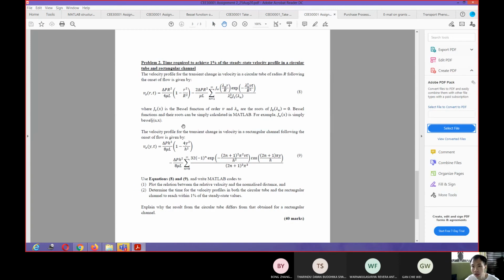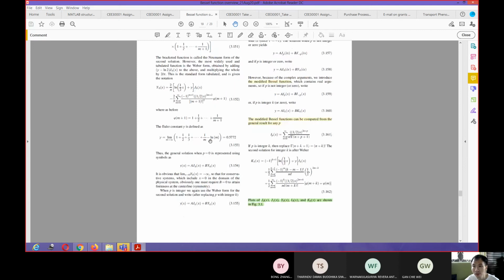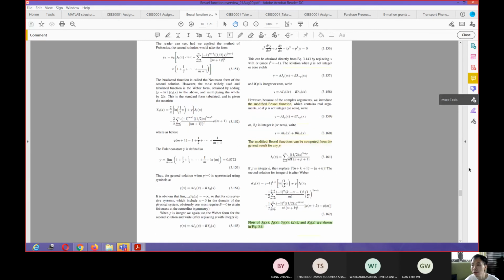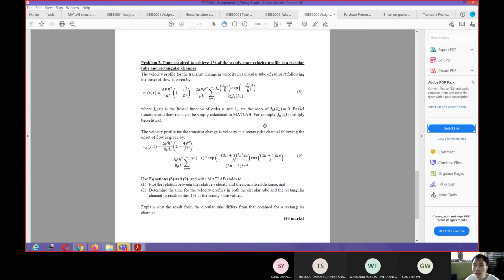And then in assignment 1, it's basically given that we are using only the Bessel function of the zero order. So you need to go back into your Bessel function and check. Okay, what is the Bessel function here? For the Bessel function at the zero order, for example, you have a 0 at this particular value, and then you also have a 0 at this particular value, and then you will have a 0 at this particular value.